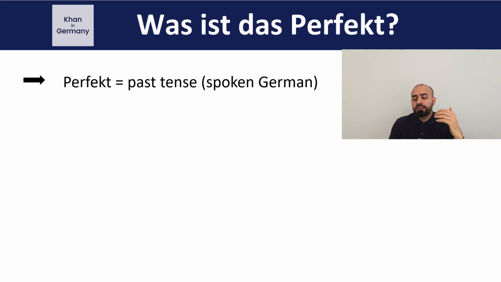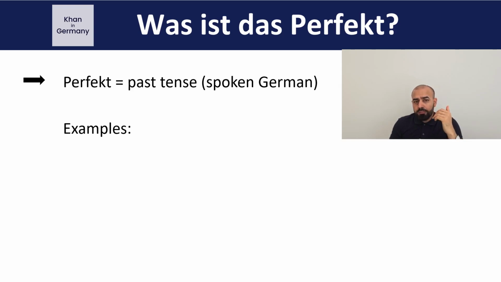Perfect, just like any other tense, for instance, plusquamperfect or simple perfect in English, for example. In German, it's called Präteritum. It's a past tense. Yeah, so you have to know that it's a very common spoken language or tense in this regard, and it has two to three parts. So you have subject, then you have a helping verb, and then comes the object. And obviously you can have an object that is a direct object or an indirect object. These are not important things. The important thing here in this video is to focus on the helping verbs.